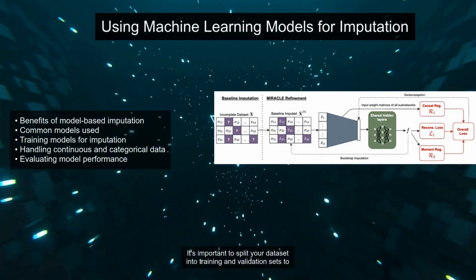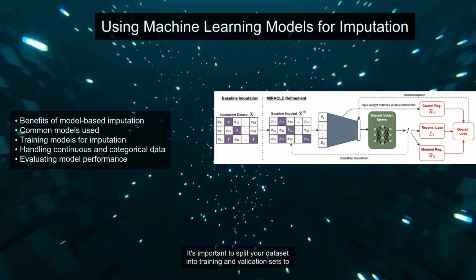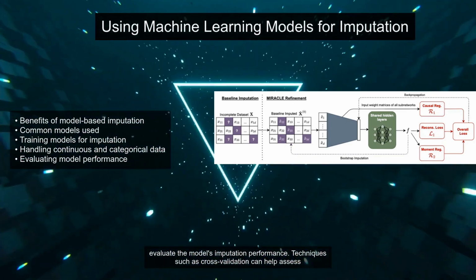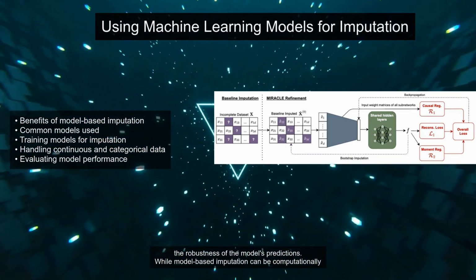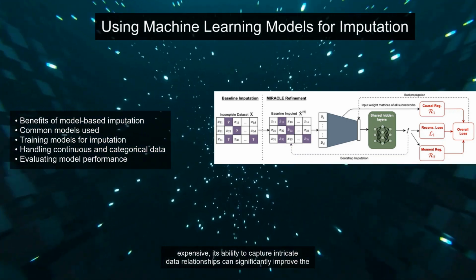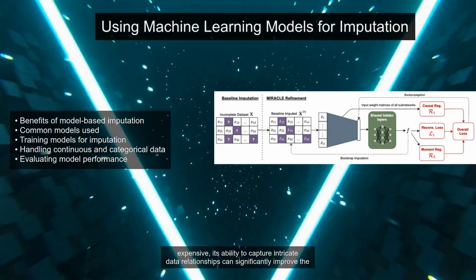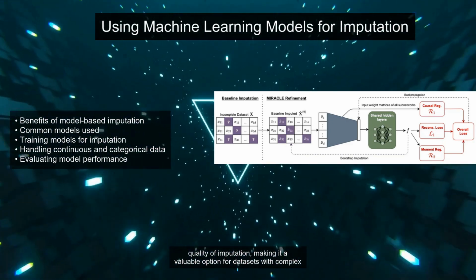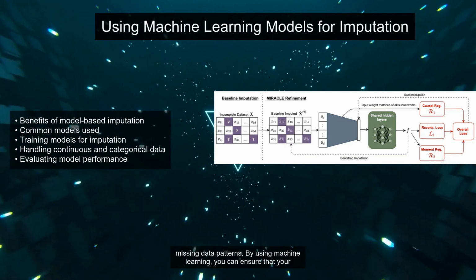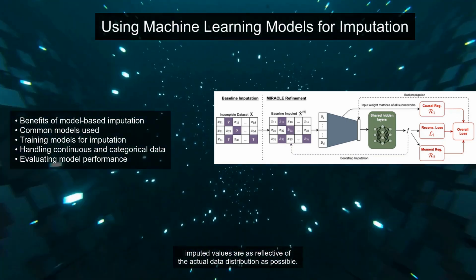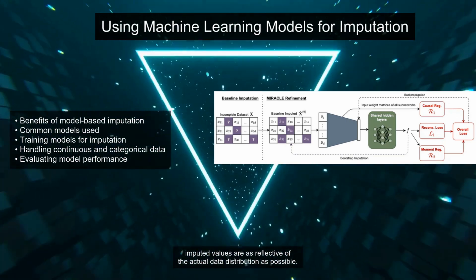It's important to split your dataset into training and validation sets to evaluate the model's imputation performance. Techniques such as cross-validation can help assess the robustness of the model's predictions. While model-based imputation can be computationally expensive, its ability to capture intricate data relationships can significantly improve the quality of imputation, making it a valuable option for datasets with complex missing data patterns. By using machine learning, you can ensure that your imputed values are as reflective of the actual data distribution as